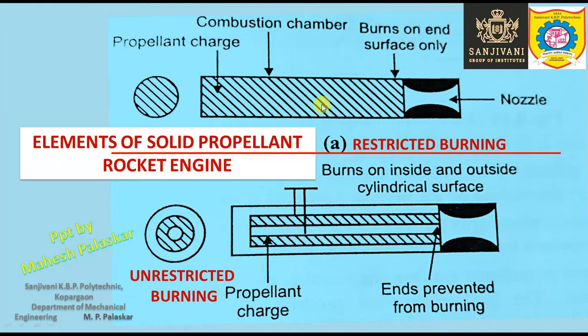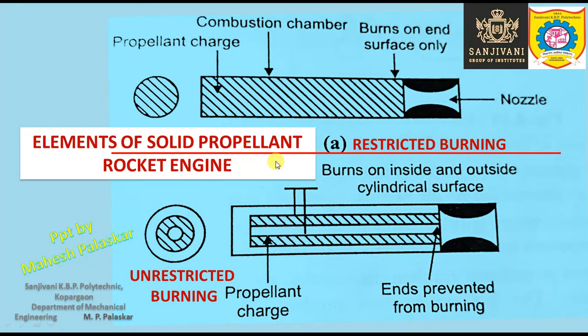So, the burning results in the exhaust gases, a large amount of exhaust gases, and these exhaust gases leave the nozzle, and when the exhaust gases leave the nozzle, they have very high velocity, because in the nozzle the pressure energy is converted into kinetic energy. When the jet of the exhaust gases leaves the nozzle at very high velocity, the thrust is provided to the vehicle in the forward direction, and thus the propulsion of the vehicle takes place.